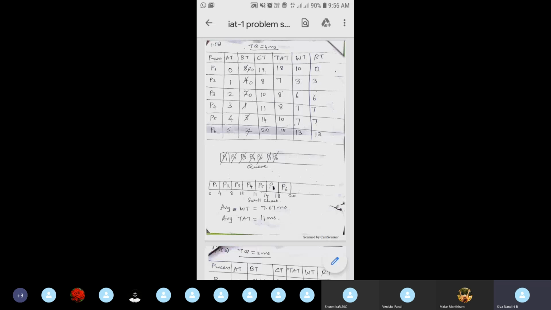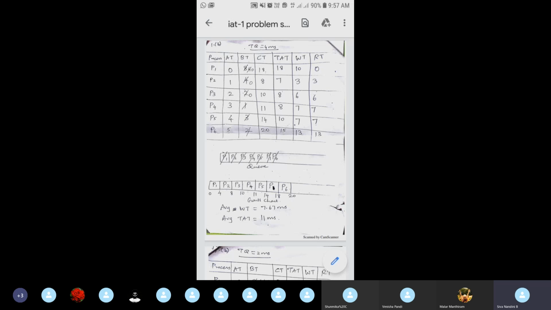See here, this P2, P3, P4 have completed their execution within the time quantum or before the time quantum. So I didn't add these processes P2, P3, P4 at the end of the queue, because they don't have any remaining time to be executed. So after this P4 I am having P5 in the queue. This P5 burst time is already 3 millisecond. So this P5 with a burst time 3 millisecond from 11 to 14 will be executed.